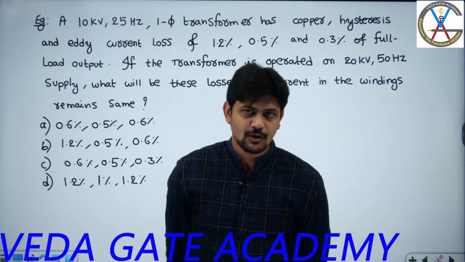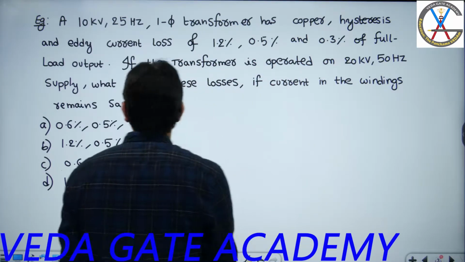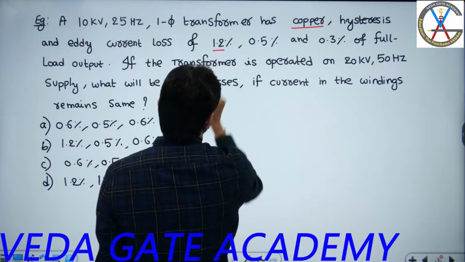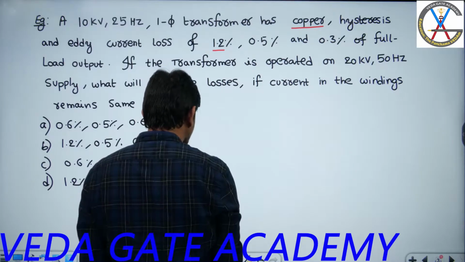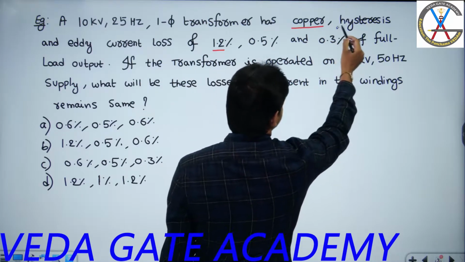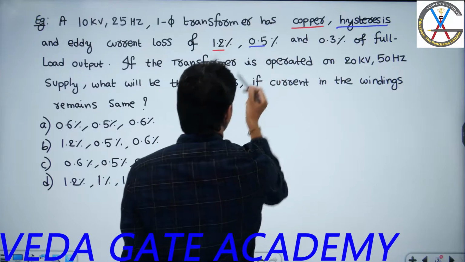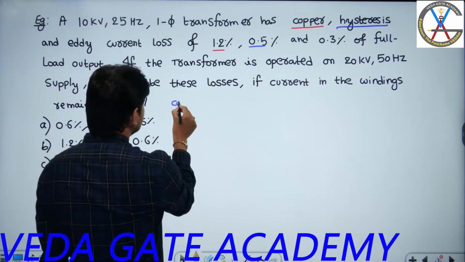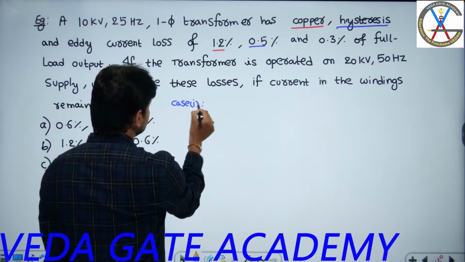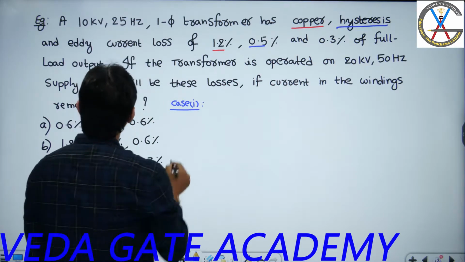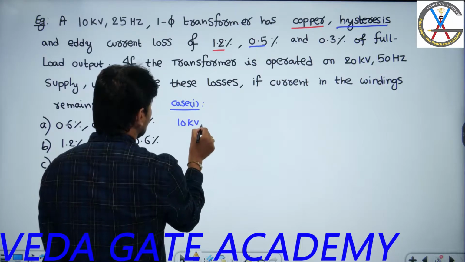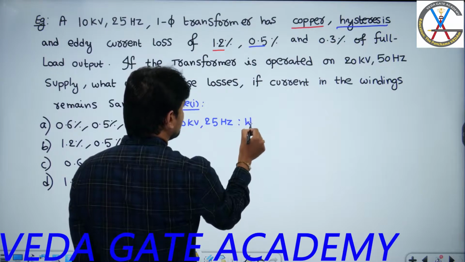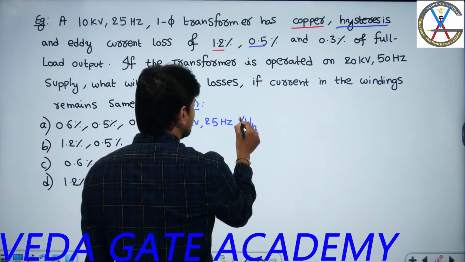Now, we will try to explore. So, first, instead of making a comment directly on the copper losses, because the first parameter here is copper losses 1.2%, right? Let us try to focus first on hysteresis losses and eddy current losses. Later I will come back to copper losses. So what is the percentage hysteresis losses they have given in case 1? So case 1, if you try to see, they have given at 10 kV 25 Hz, they got percentage hysteresis losses.